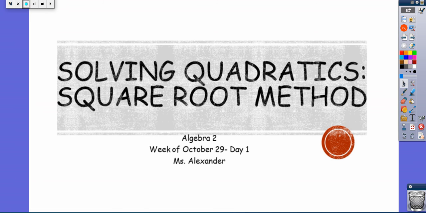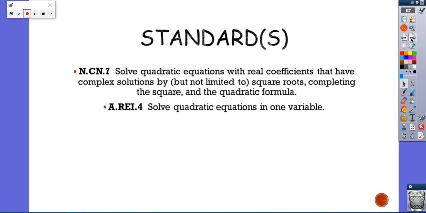Alright, hi guys. So we're starting a new lesson and we're gonna work on solving quadratics. And the first method we're gonna use to solve quadratics is the square root method. So the standard we're gonna cover is solve quadratics with real coefficients that have complex solutions. And the one we're gonna focus on is the square root method,